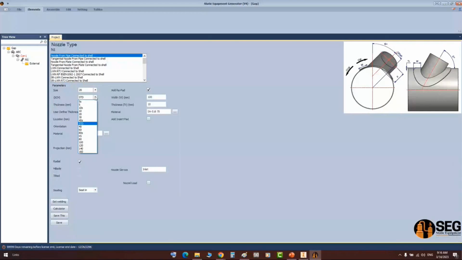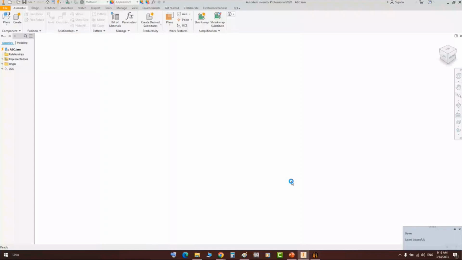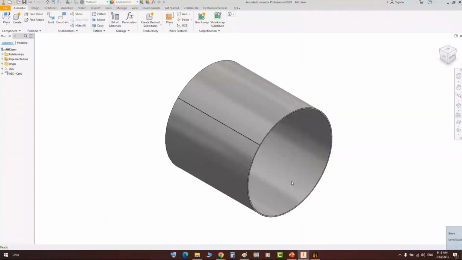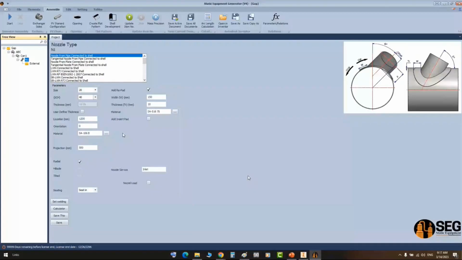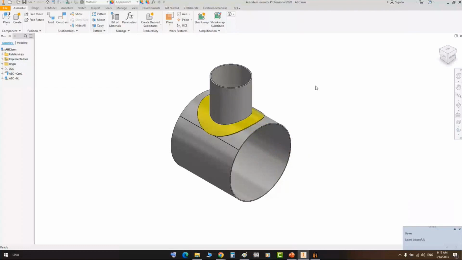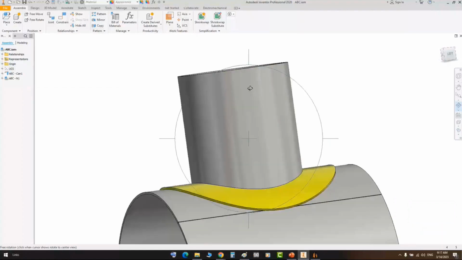N1 here will be as a nozzle, as a pipe, as 20 millimeters with a repad. Okay, and let's make this repad width like that, and the projection, let's 500 millimeters. And when you click on assembly, let's change the location of this nozzle. So from here, let's change the location to be at the mid length of the shell. Let's click on start. So the location here changed,